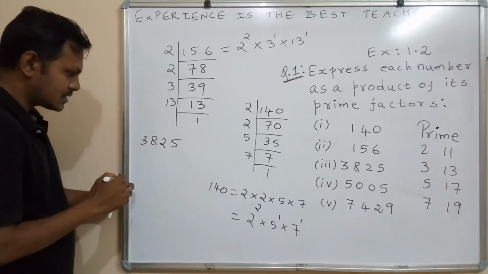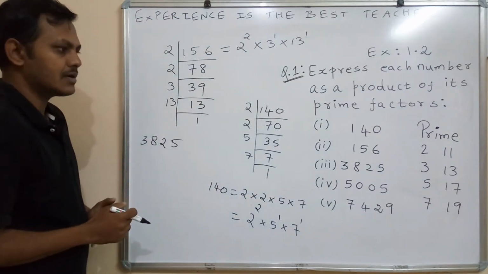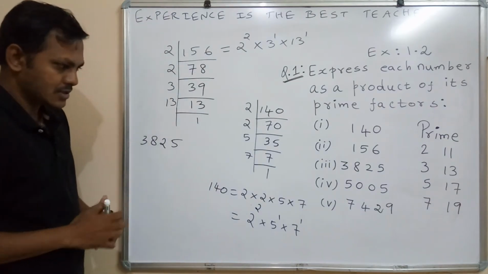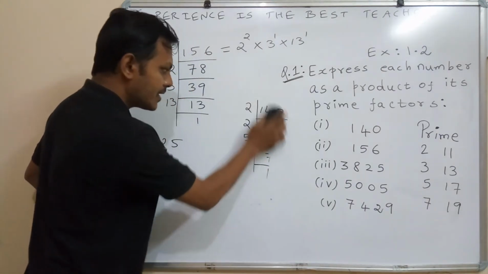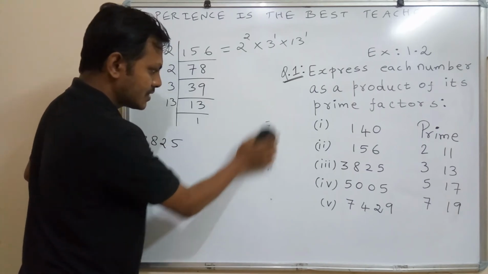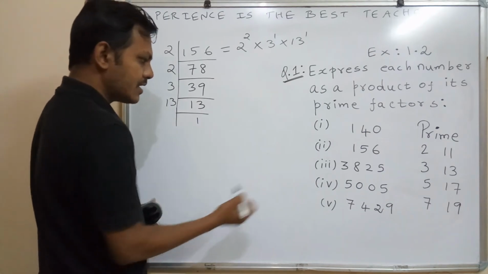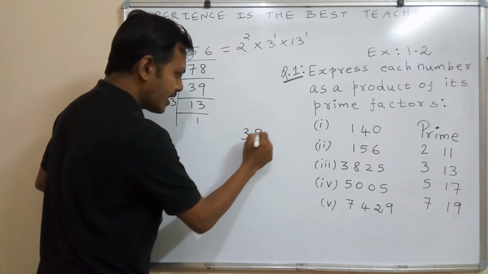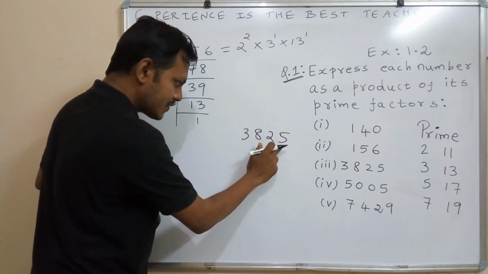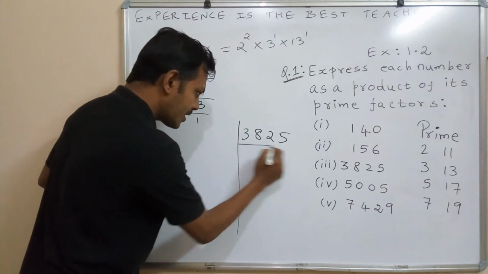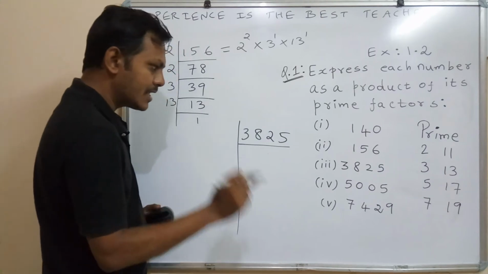3825. So using this 3825, 3 table, we check for divisibility rule for number 3. So the divisibility rule for number 3 is sum of the digits must be divisible by 3 or multiple of 3. So sum of the digits must be divisible by 3, or we can say multiple of 3 also. So 3825: 3 plus 8 is 11, 11 plus 2 is 13, 13 plus 5 is 18. So 18 will come in 3 table. So you can use the 3 table. 2 table we cannot use here because 5 is not an even number.